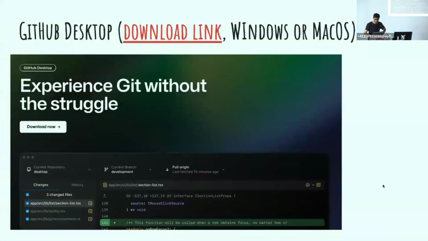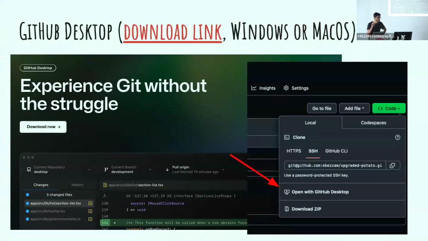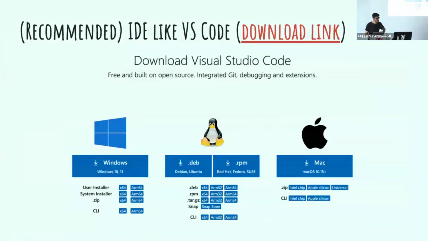This only works with Windows or Mac OS though. Somewhere you can find some versions for Linux. When I first did this tutorial, they had it, then it went away, so I had to update these slides for that. When you go on that code button, you just press open with GitHub Desktop, and then there would be a pop-up saying choose the application, and it'll open the repo there. I won't go deeper into that, because the one I would more strongly recommend is to use